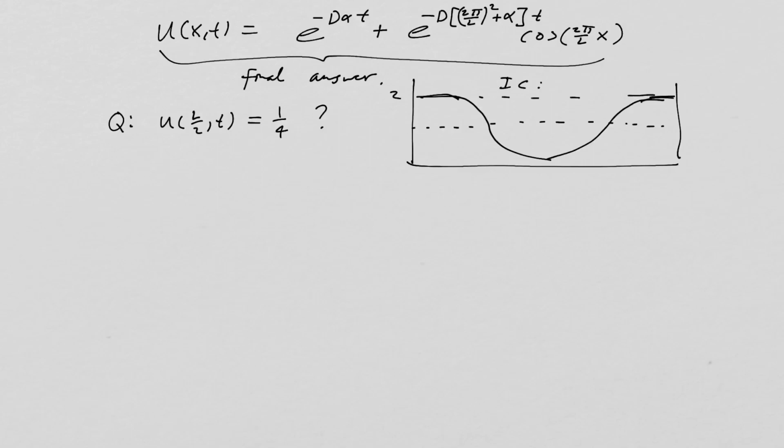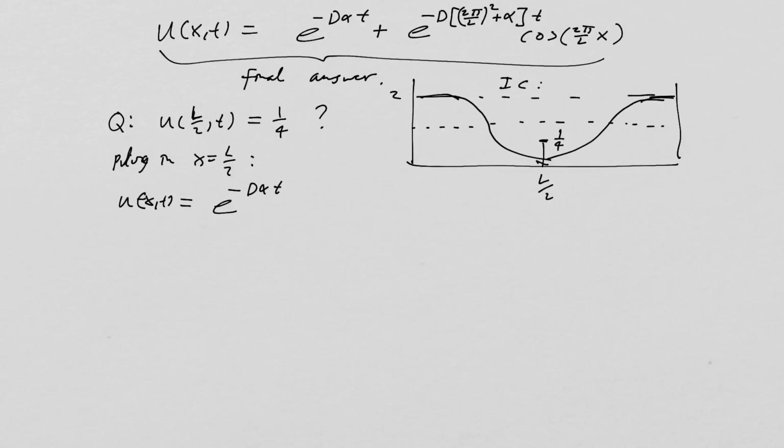At the very edges of this one-dimensional lake. And I want to know, at L over 2, will it ever get there? Well, we can just plug in x equals L over 2. Let's find out. We're going to get u of x comma t is equal to e to the negative d